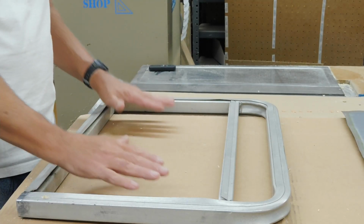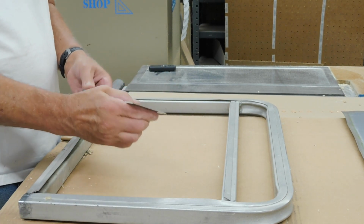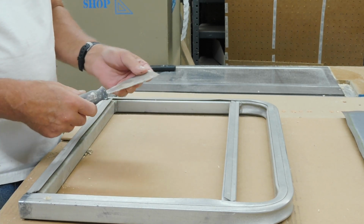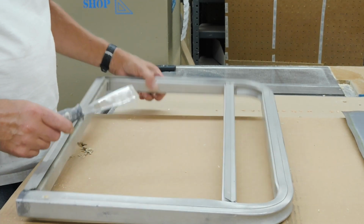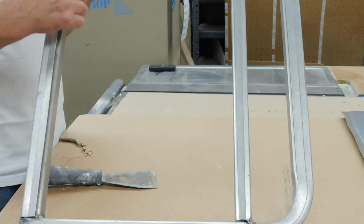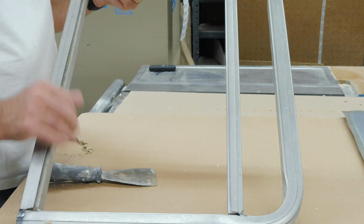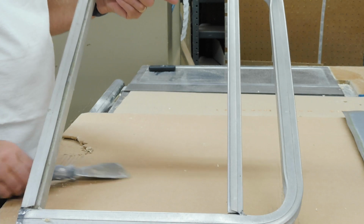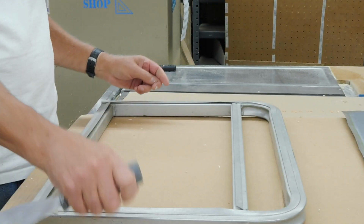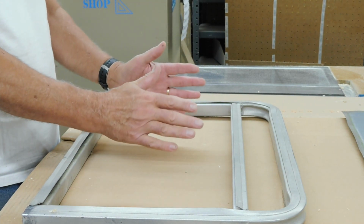So what you see here, I've got laying in front of me is a gate, and I have a very, very stiff, wide knife. And what I'm going to be doing with this, as you look at the aluminum here, you can see that there are little flanges that were made at the factory. And they run up the side, they go all the way around. What I need to do is open up the top and the bottom one enough to allow me to take my new piece of metal and get it in here kind of sprung a little bit